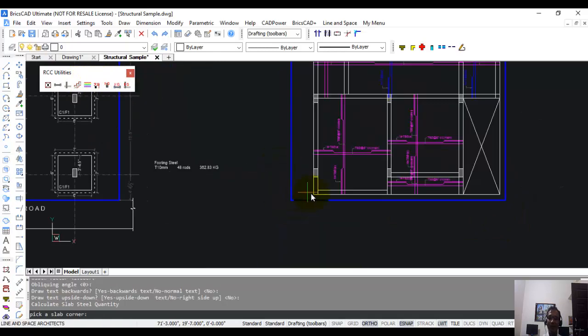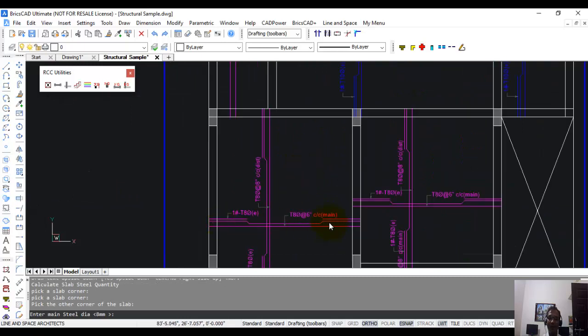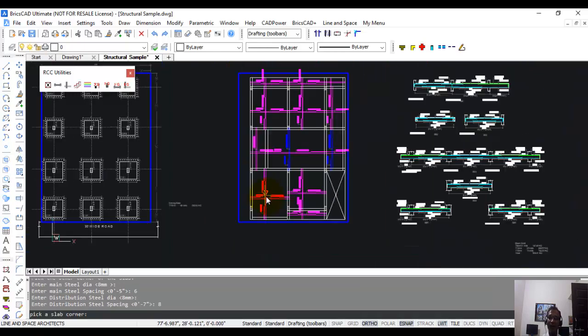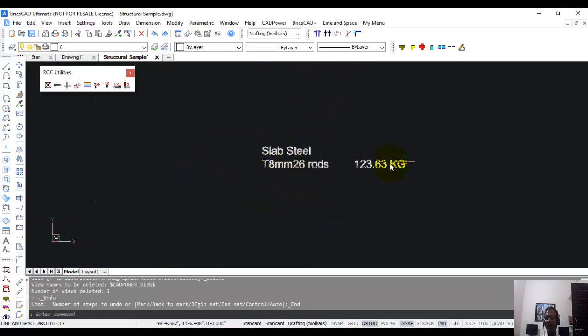For slab steel, we have to select one corner to another corner. Main steel dia 8 mm, 6 inches center to center, and distribution 8 mm dia at 8 inches. Likewise, we have to select. We will go on selecting. After completion of it, you press enter. It will ask for any extra percentage wastage required. If you add 10% extra, it will add whatever you suggest extra,